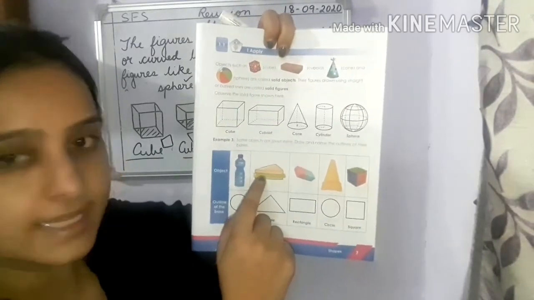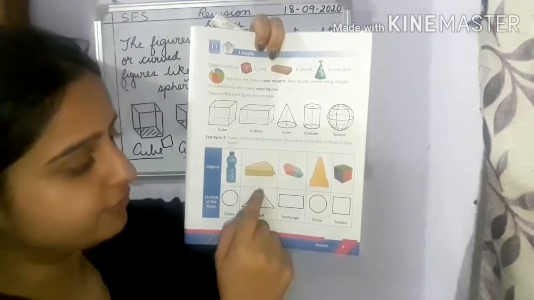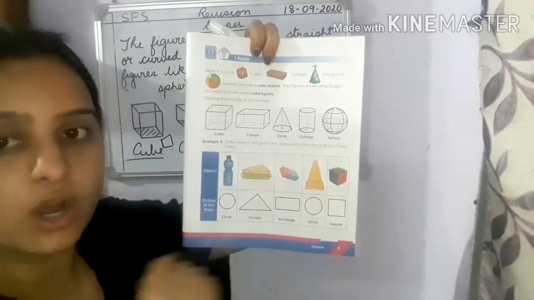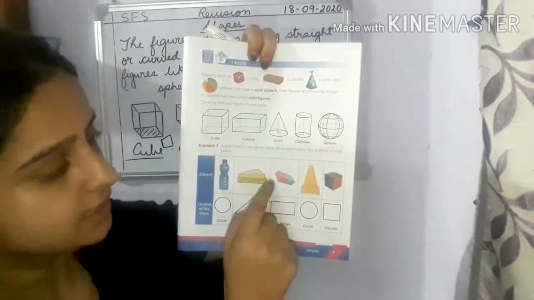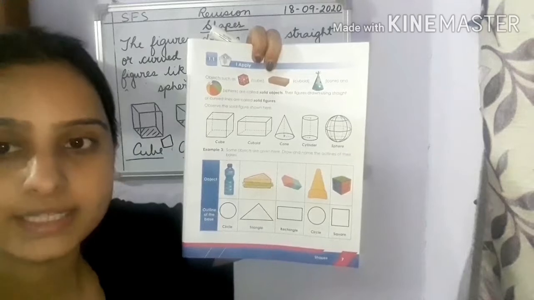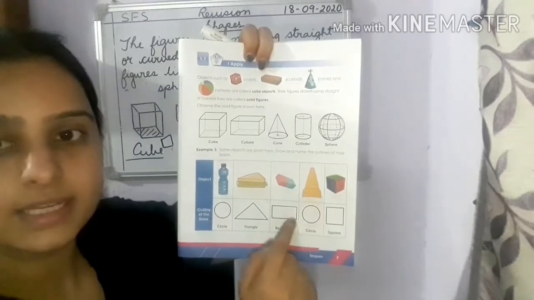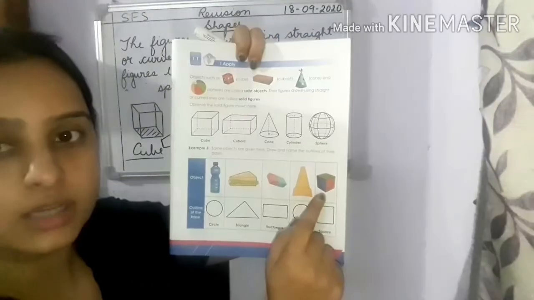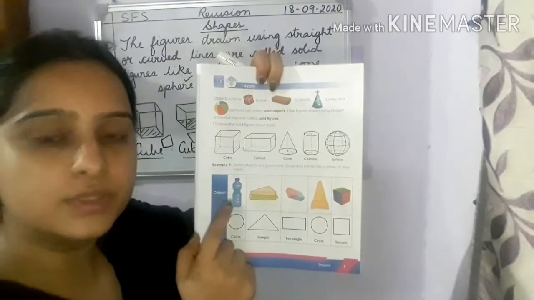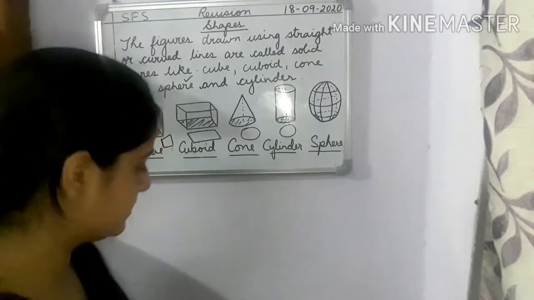Clear? Next is your sandwich. Now if you draw the base of the sandwich, children, what shape will you get? Triangle, 3 sides and 3 corners. So what it is called? Triangle. Clear? Now the base of eraser, if you draw, children, you will get rectangle. Then if you draw the base of this cone, children, what will you get? Circle. And if you draw the base of this, children, you will get square. You can do this in your copy, children, as a revision. And let's do next.